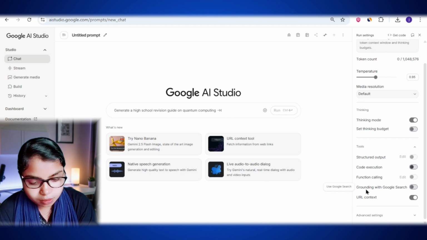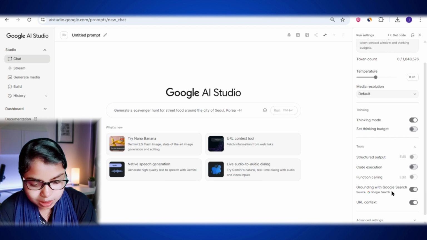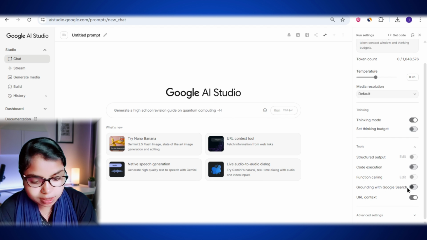for customization. One of the most powerful toggles is grounding with Google Search, which lets the model use real-time Google Search results for more accurate, up-to-date information. And finally, the URL context option can be enabled so that the AI can fetch and analyze information from specific